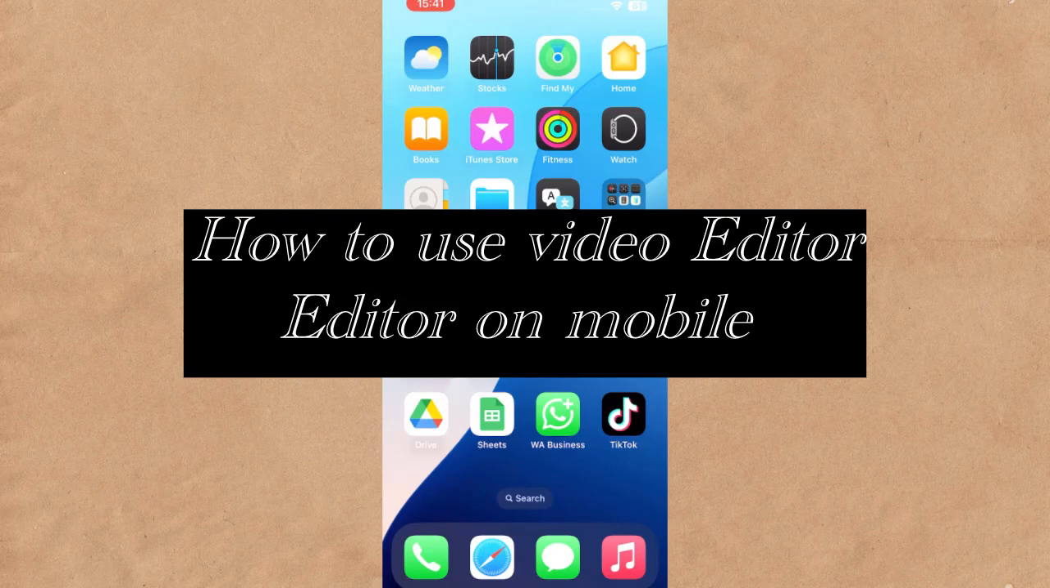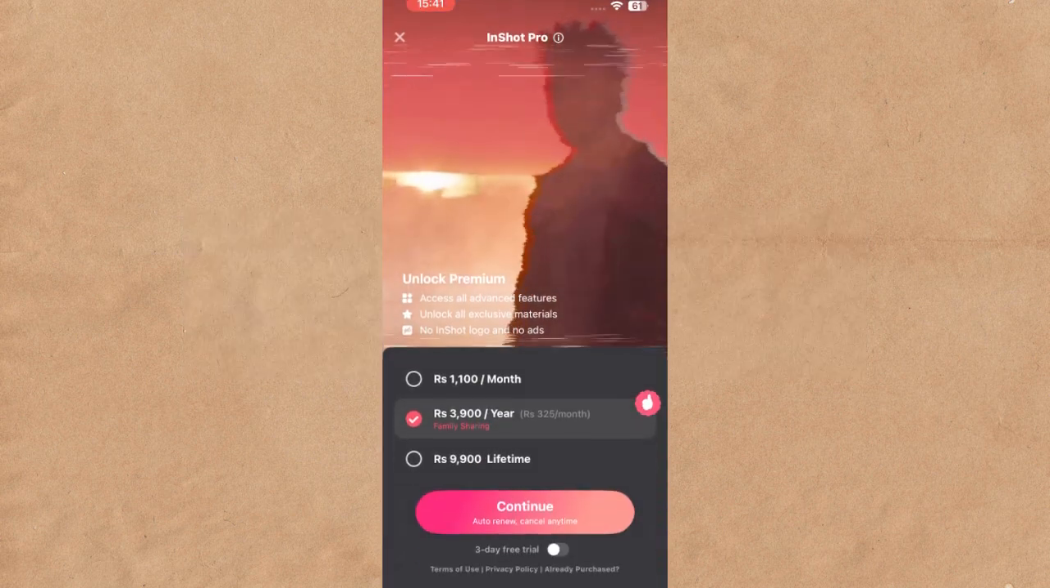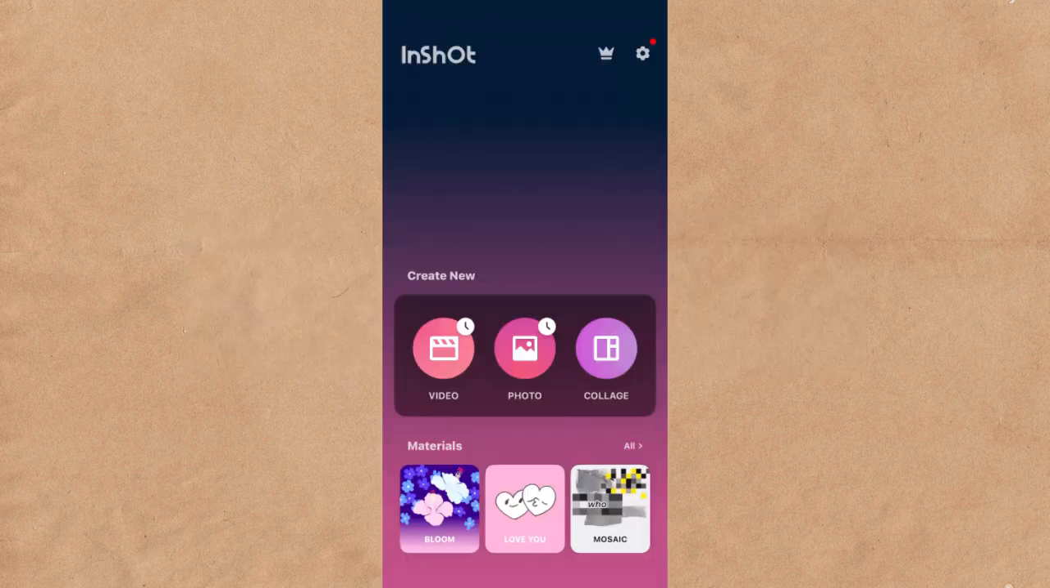So today's video is about how to use a video editor on your mobile. If you are a mobile user and you don't know how to edit your videos, then this video is